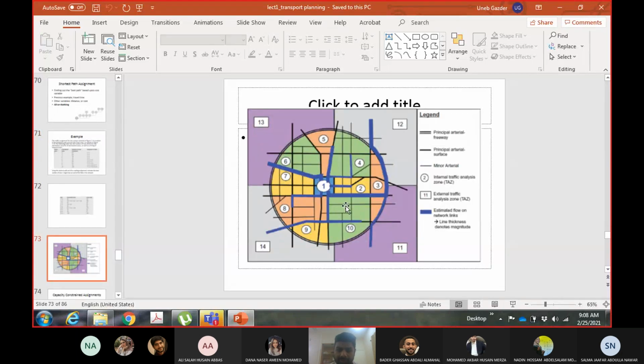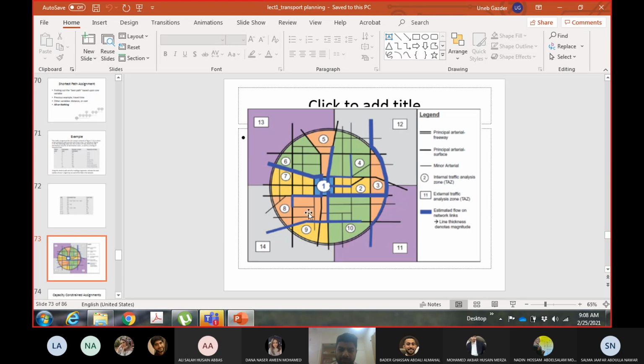So you can see when we are doing trip assignment, we are just considering the internal trips. And see here, in the previous table we did not consider zones 11, 12, 13 and 14, because, as I said earlier, for these zones we don't have the highways, we don't have the roads, so we are assigning the trips to the highways which are within the study area.